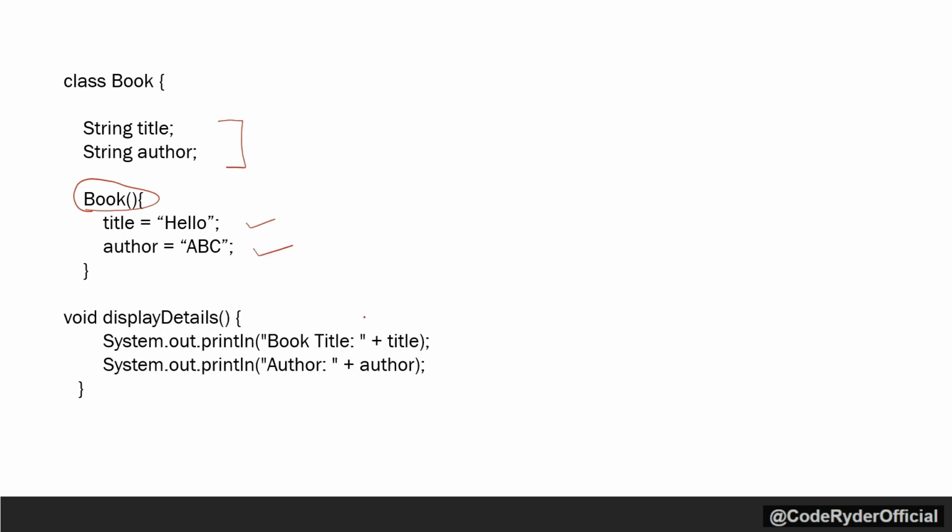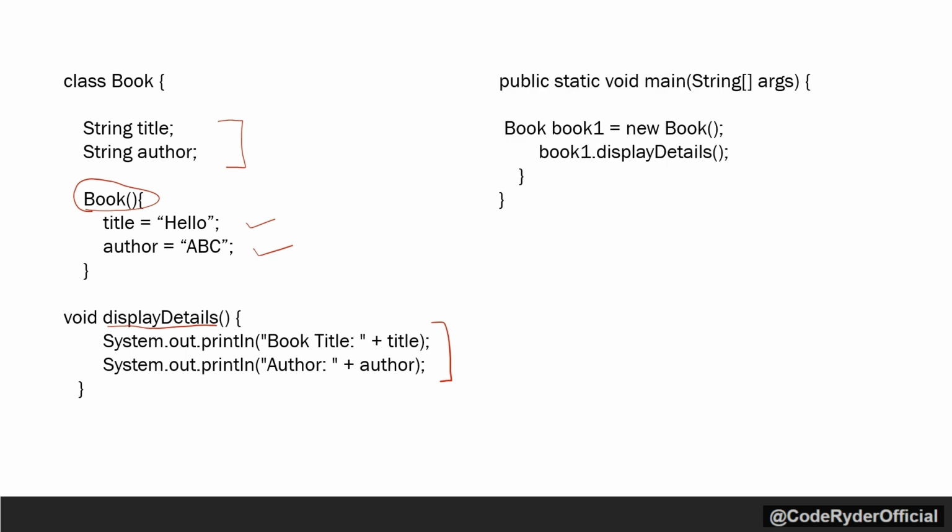Then comes a method, displayDetails. It is not returning anything. We are simply printing the title and author in the console. Then comes the main method. In this main method, we are creating the object of the Book class. The object of the Book class is created using the new keyword. We have the name of the class, then the name of the object, which is book1 in this case, and new Book. Basically, this will create